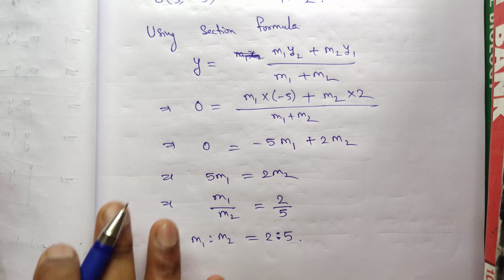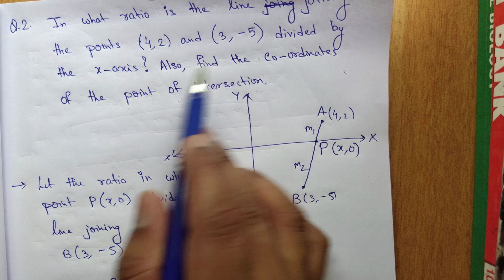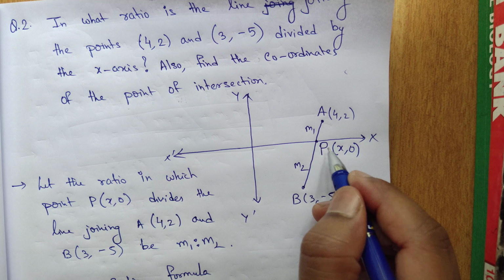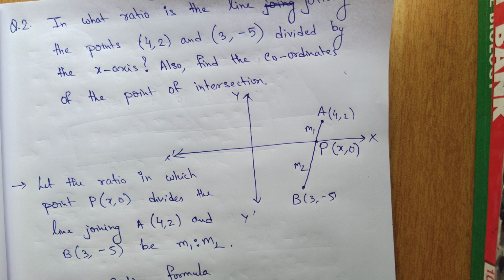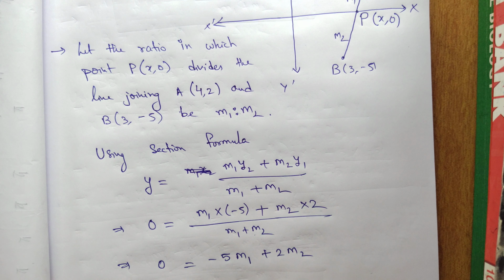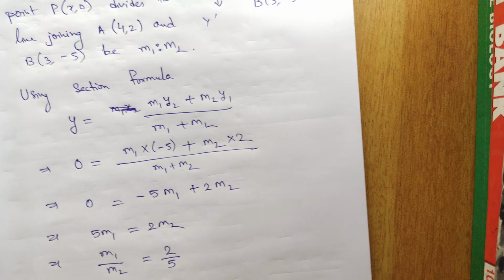Okay, now what? They have asked one more question. Also find the coordinates of the point of intersection. That means you have to find the coordinate of P. So y is given but x is still unknown, so you have to find x. And now since you have the ratio, you have the 2 points, so everything you know, now you can easily find the x coordinate using section formula. Okay, so just use the section formula and you will get,